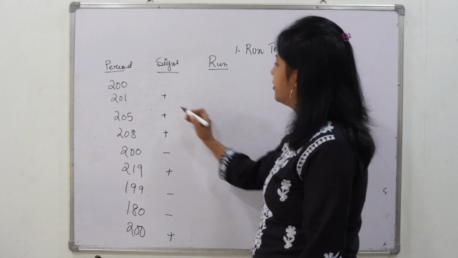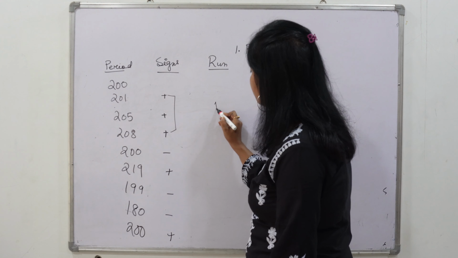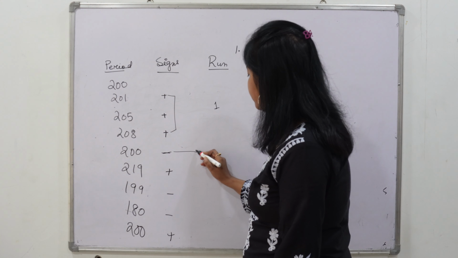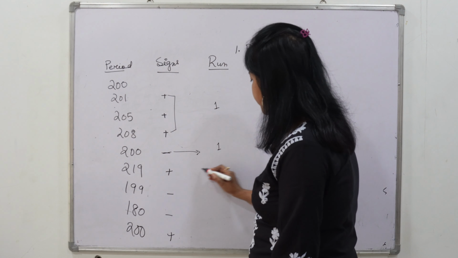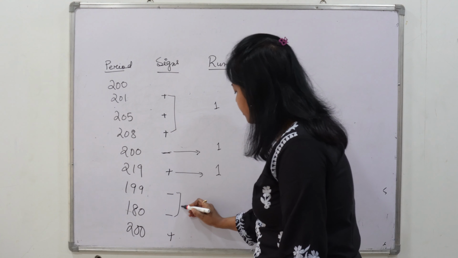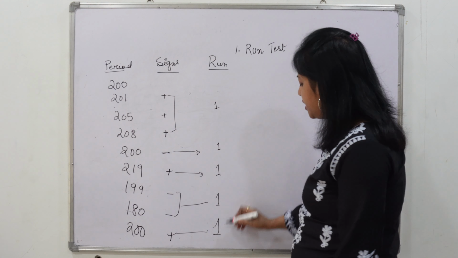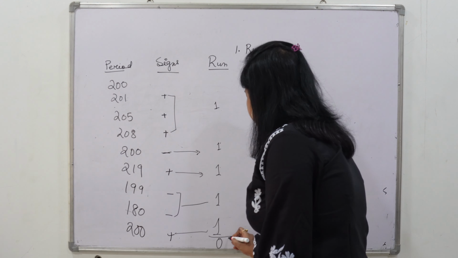Now let's see how many runs. Do you agree that these are similar, so that constitutes one run? This is alone, that is also a run. I can say this is also a run. And this is also another run, it is alone. And these two form one run. This is here and this is again alone, so one. So how many total runs? 1, 2, 3, 4, 5 runs are there.